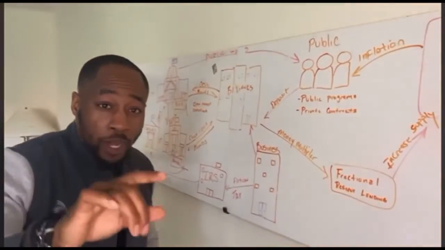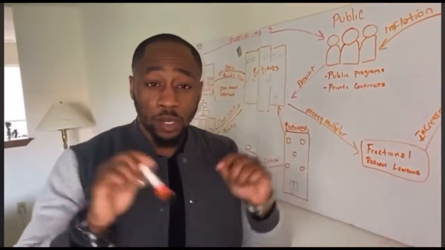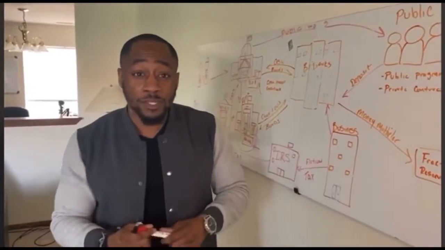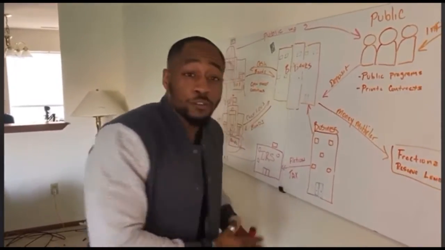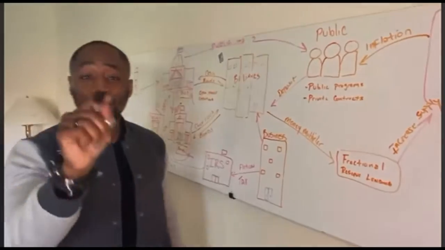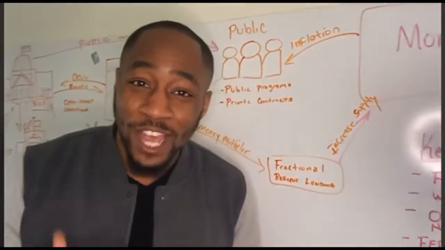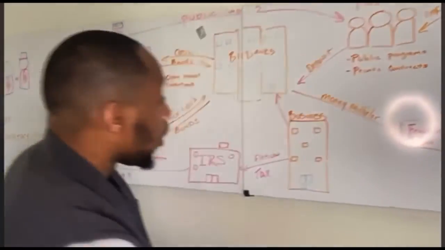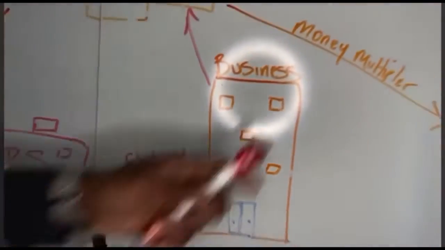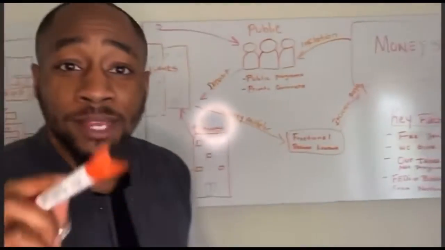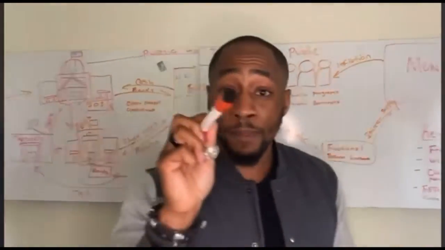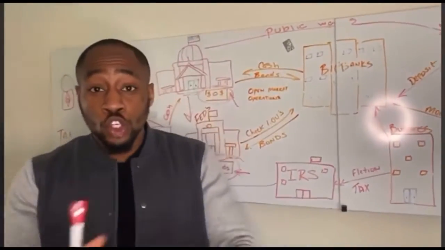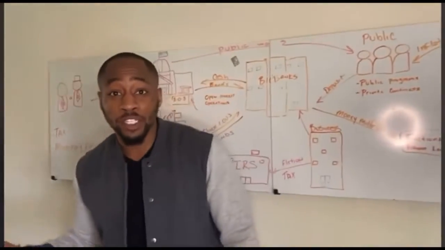When you put your money in the bank, banks operate on what's called a fractional reserve lending system. Essentially, it requires them to keep a percentage in reserve and they can lend out the rest. So when you put your money in the bank, guess what? The bank has every right to loan that money out to someone else. One of the main people they loan money to is businesses. So you put your $100 into the bank, and the bank says, all right, cool, we'll hold your money for you. On paper, when you look in your bank account, you've got $100, but really 90 of those dollars are gone, and they're in these businesses' hands to fund more projects.